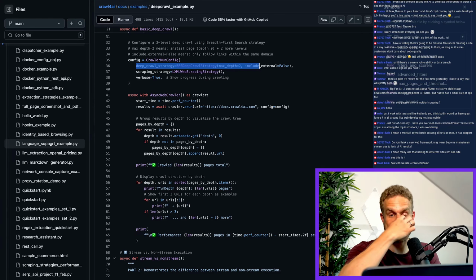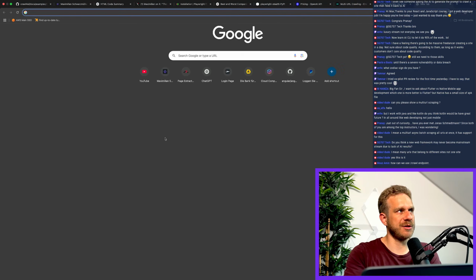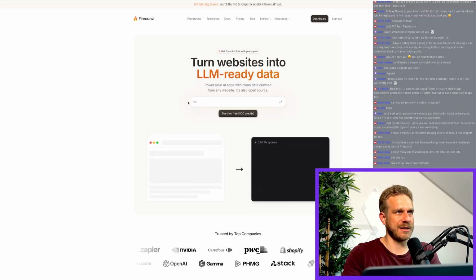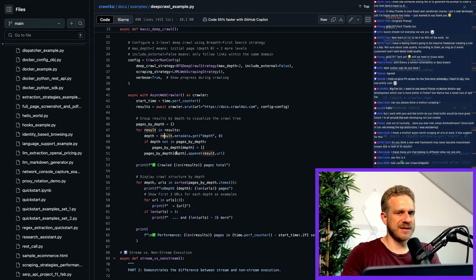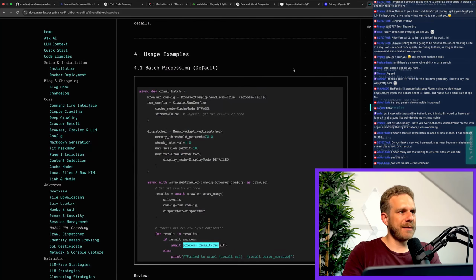How can we use the /crawl endpoint? I'm not sure what you mean. Do you mean Firecrawl? I'm not using that today. This is an extra package which you run locally, where you write the code that controls what's going to happen. That's the idea here. So I'm just wondering,